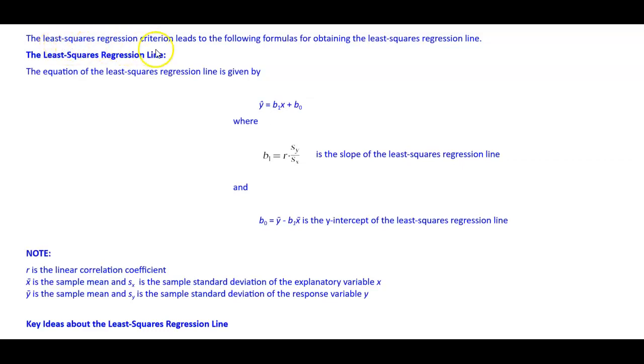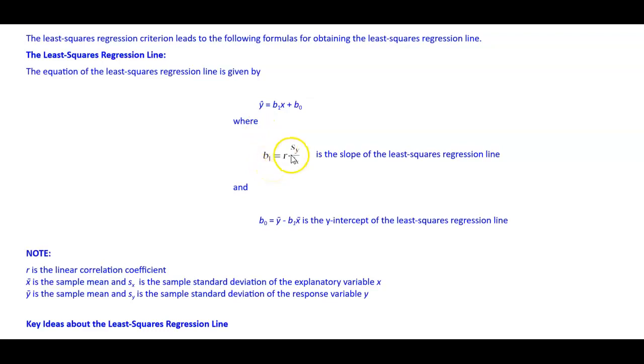The least squares regression line criterion leads to the following formulas for obtaining the least squares regression line. The equation of the least squares regression line is given by the following. We have y hat, which is equal to b subscript 1 x plus b subscript 0, where b1 is equal